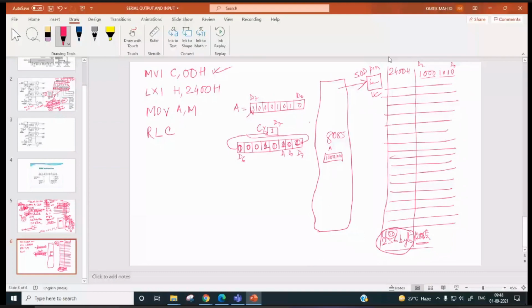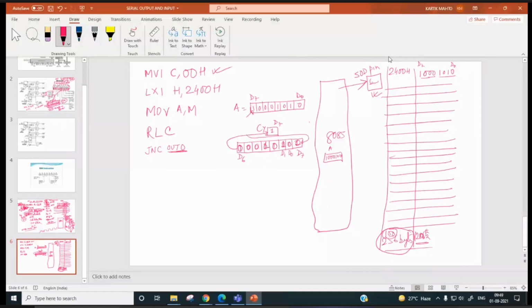Hello? Respond. Yes, sir. So if carry flag is 1, it means D7 is 1, and so 1 has to be outed to the SOD pin. So what are we supposed to do? JNC. If carry flag is not there, then out 0, and if carry is there, then out 1, right?